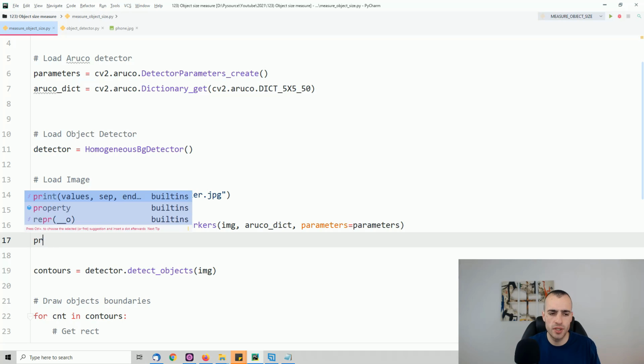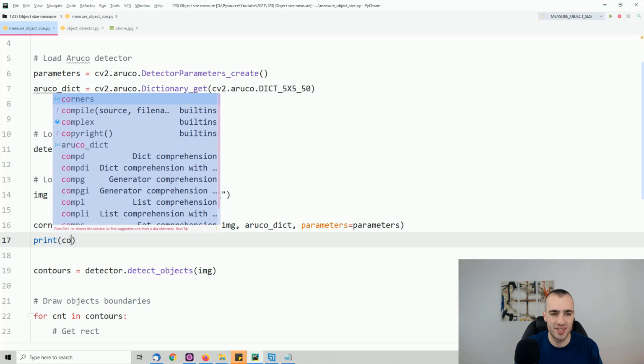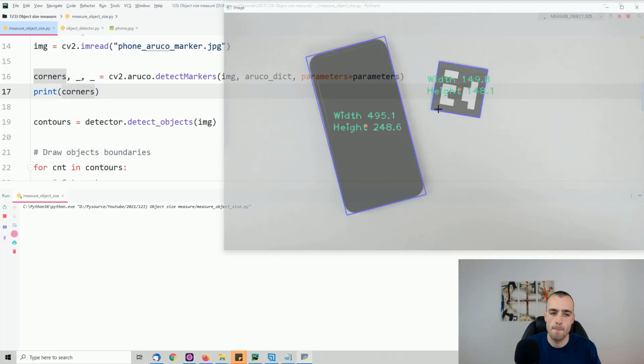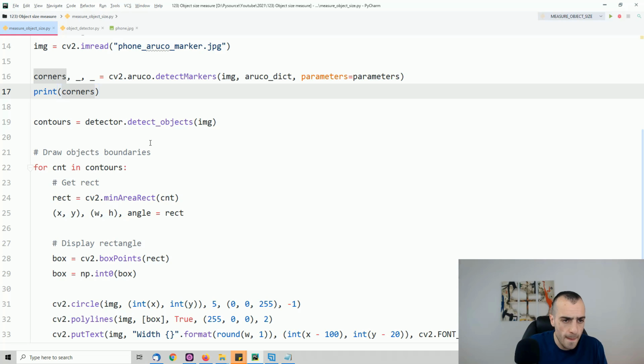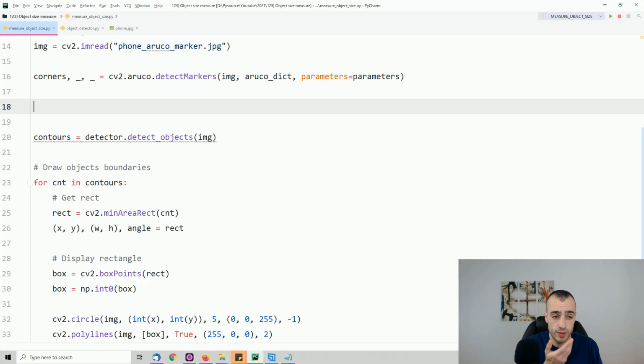After this, to make sure that this is working correctly, let's print corners and let's run this one. Okay, I see some values. So we have 777, 318. I want to make sure that these are correctly detecting this one. So we can also draw these numbers to see that we're detecting this Aruco marker correctly. We can do that by using the coordinates that we see here on corners and draw a polygon surrounding them. So cv2